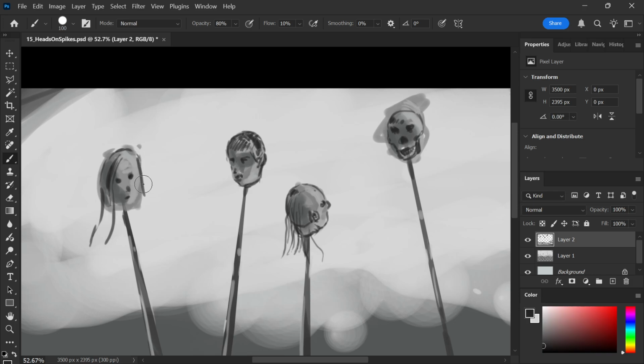Wow, usually I'm doing this kind of thing, like beautiful women or something. But I never imagined that I'd make heads on spikes. But it's good for a person who wants to evolve, I think, to do things that you're not really comfortable with. And right now I'm not really comfortable making this poor woman's head on a spike, but I know that if I want to be better, if I want to